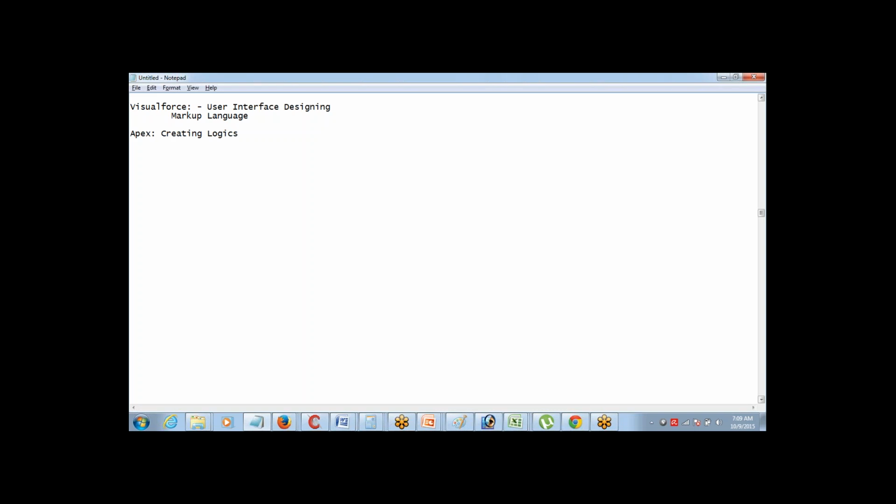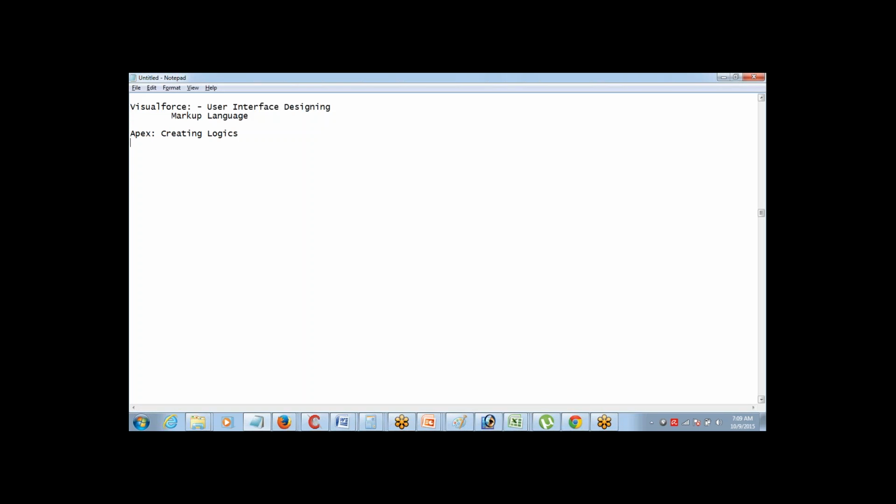How do you want Salesforce to behave when a button is clicked, when a page is launched, when a record is saved, or sometimes when nothing is done, but you still want to execute some logic in the backend automatically? All those things can be done using Apex. So all the scripting, story writing should be done in Apex. All the makeup part should be done in Visualforce.